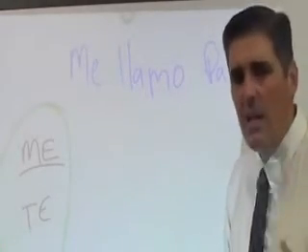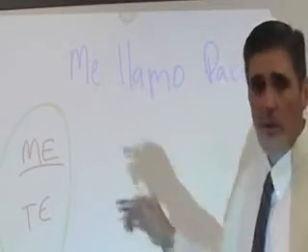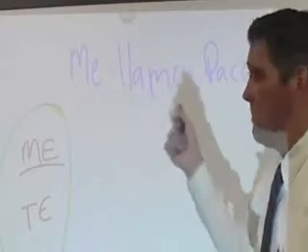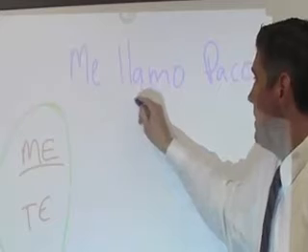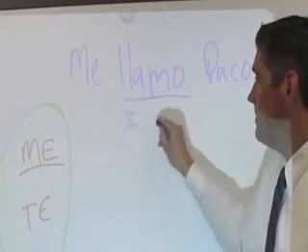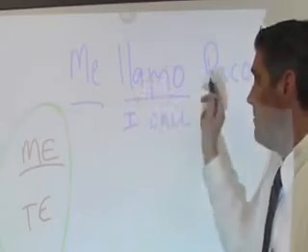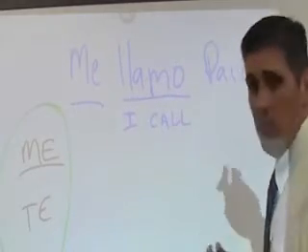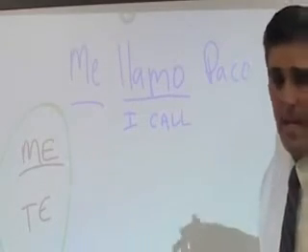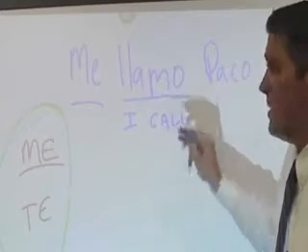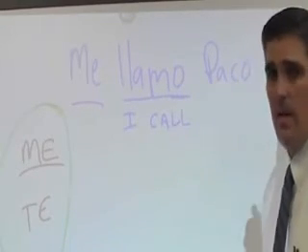Now, you may have been taught this means my name is Paco. Well, kinda. That's what we would say in English. We would say my name is Paco. But in Spanish, we don't say my name is Paco. We say, I call myself Paco. So again, I call, there's our conjugating verb, I call myself Paco. Me llamo Pablo, me llamo Cristobal, me llamo Maria. Okay? Even if it's a girl, it's still llamo because it's the yo form, I. Me llamo Isabel, me llamo Maria.